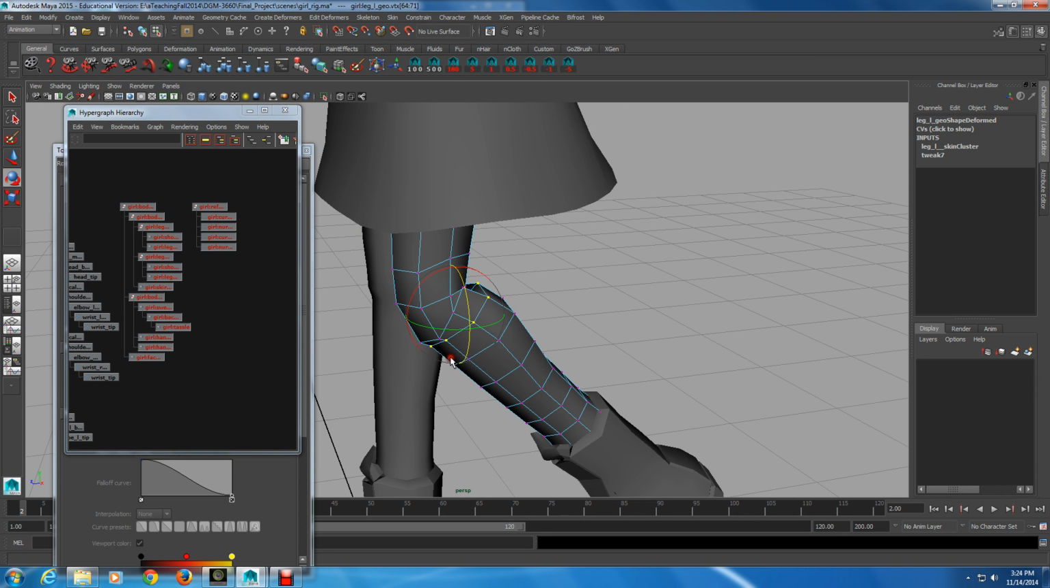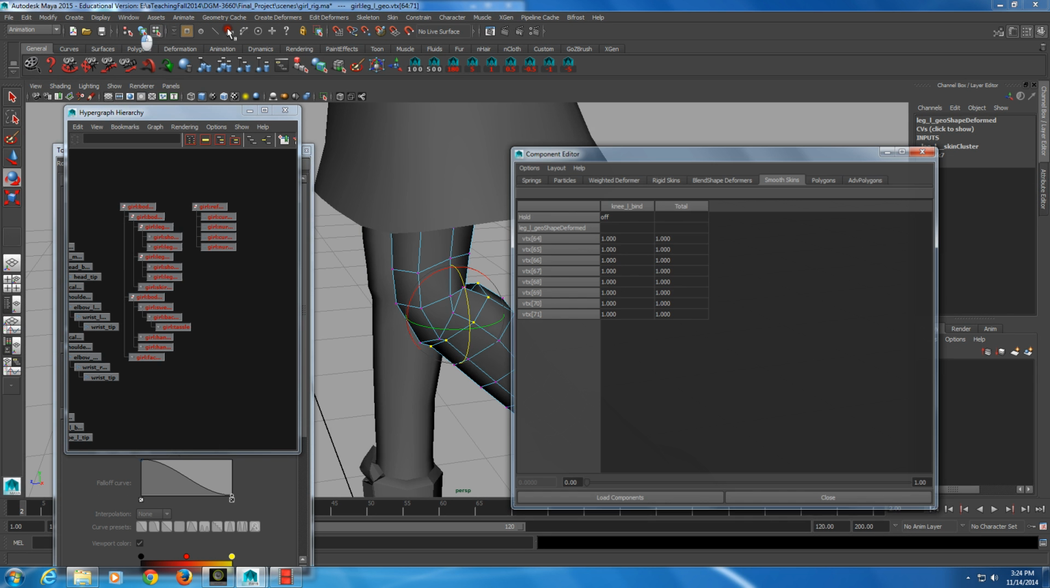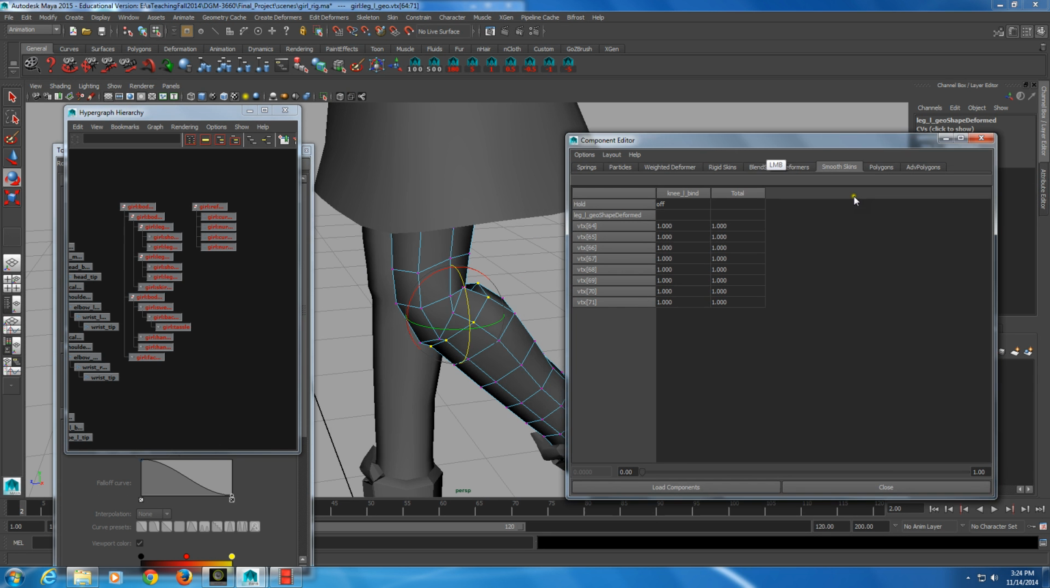And we go to the window, General Editors, Component Editor. You want to make sure you have the Smooth Skins tab selected. You can see in here a table of information. The table that you're seeing is actually just a reduced table of all the influence objects that are controlling these vertices